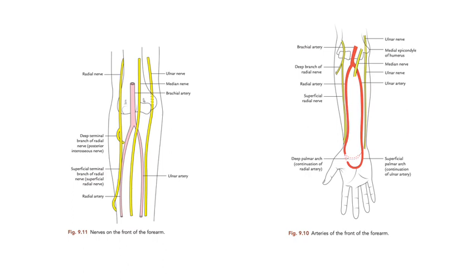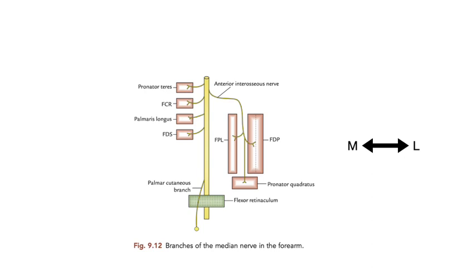The front of the forearm also has nerves and vessels. The vessels are in this diagram, on the right side. There is a brachial artery which divides into two, the radial artery and the ulnar artery, whereas the nerves present are the radial nerve, the median nerve and the ulnar nerve. So these are the muscles and nerves present in the anterior compartment of the forearm. The radial nerve of course goes posteriorly and supplies the muscles of the posterior compartment. So the main nerve supplying the anterior compartment is the median nerve, and the ulnar nerve is also there.